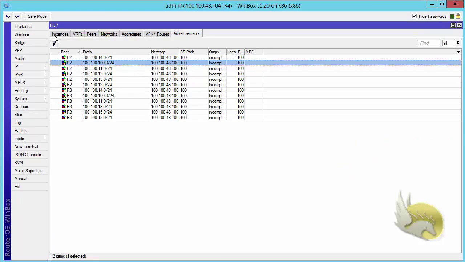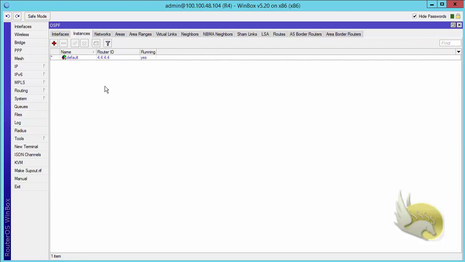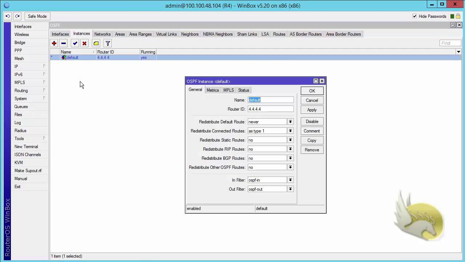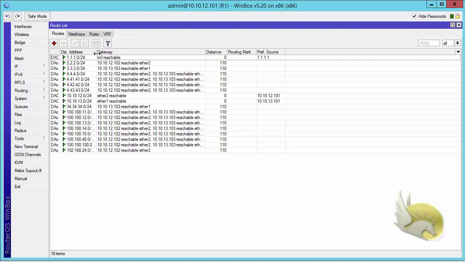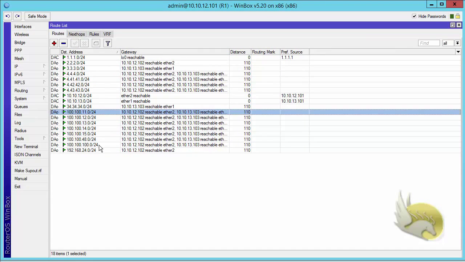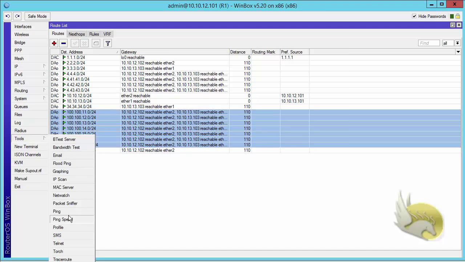If I go to router 4, to the OSPF instance, I can select the instance and double click on it, and as you can see, I have a redistribute BGP routes setting here that is by default no. If I select it, for example, as type 1 and click OK, you can see that the problem is solved easily. If I go to router 1, after a moment I can see these routes here, advertised by OSPF, and here they are. Now if I try to ping one more time,